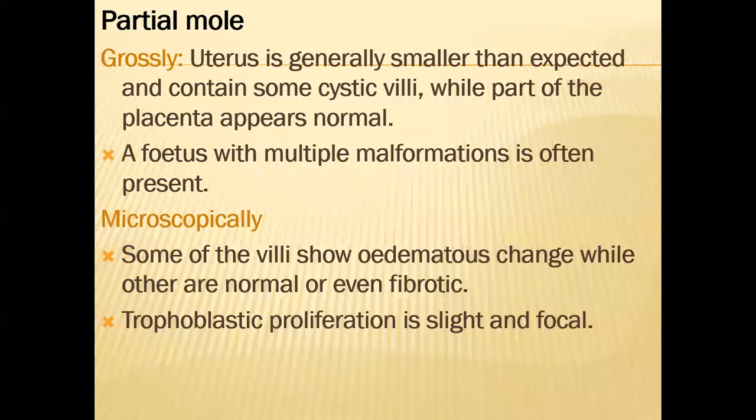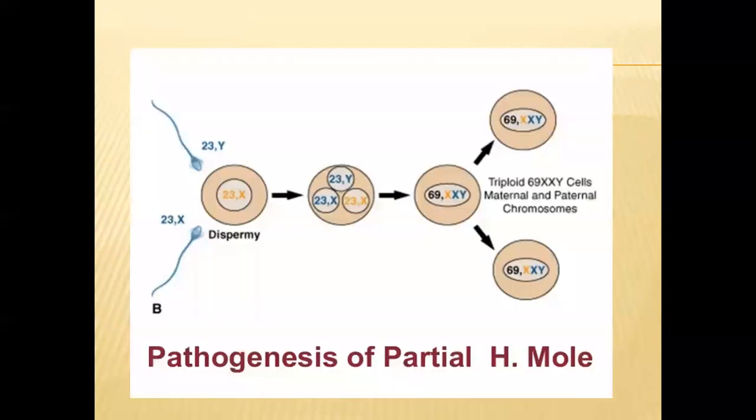इसमें partial में fetus present होता है। अच्छा, microscopically some of the villi show edematous change, while other are normal or even fibrotic। पार्शियल में सम villi show edematous change, while other are normal और इवन फाइब्रोटिक, बिल्कुल सुकड़ जाते हैं, श्रिंक भी हो सकते हैं। कंप्लीट में सारे के सारे villi एडिमेटस होते हैं। इसके अंदर कुछ हाइपोप्लास्टिक होते हैं और कुछ नॉर्मल साइज के होते हैं और कुछ फाइब्रोटिक भी हो सकते हैं। ट्रोफोब्लास्टिक प्रोलिफरेशन इज स्लाइट एंड फोकल। तो इसमें प्रोलिफरेशन कम है एज कम्पेयर टू द कंप्लीट मोल।